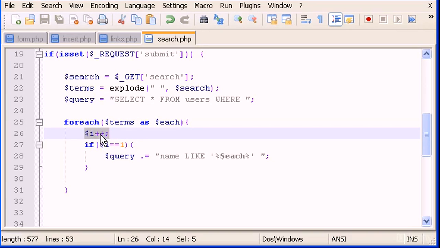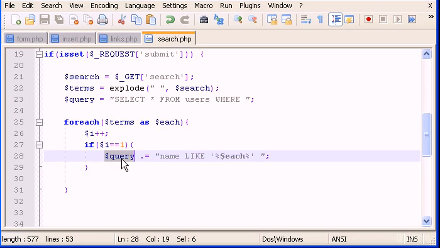So this is an increment which says pass from one, search word 1, word 2, word 3, word 4, and it will go on until it ends the array with the words. And then I have an if statement saying if i equals exactly 1, which is if there's one word in the array, basically we're saying that if we searched only one word,